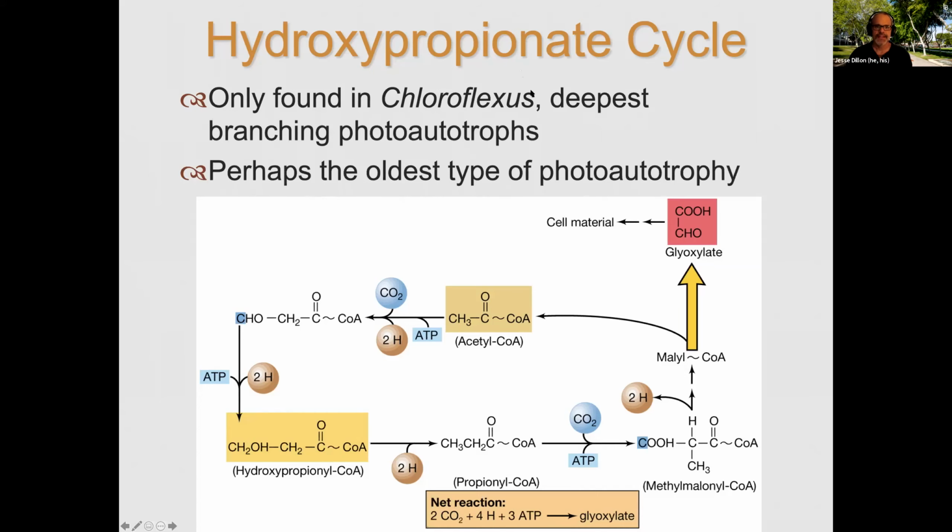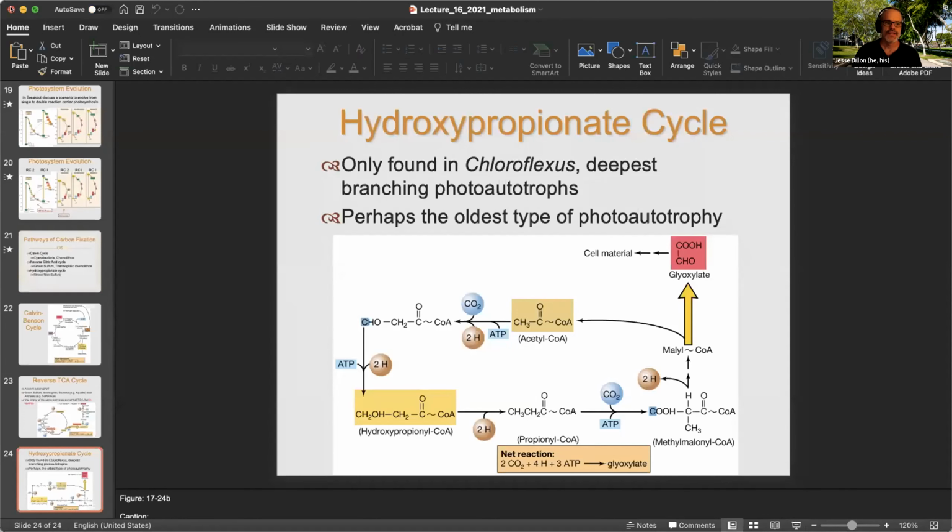Okay. Any questions about that? So that is a very rapid overview of metabolism. You don't have to memorize